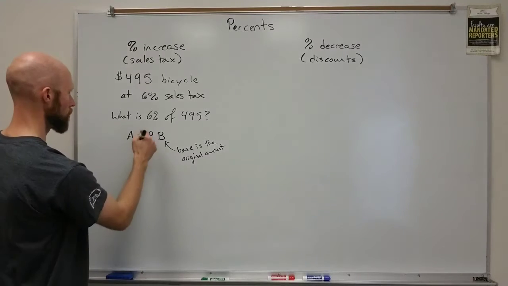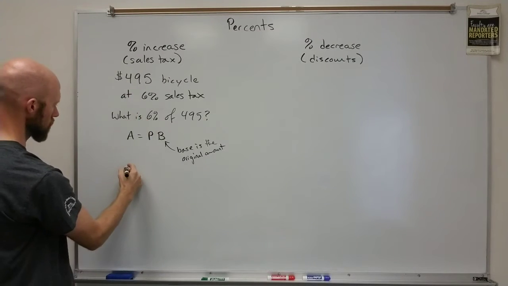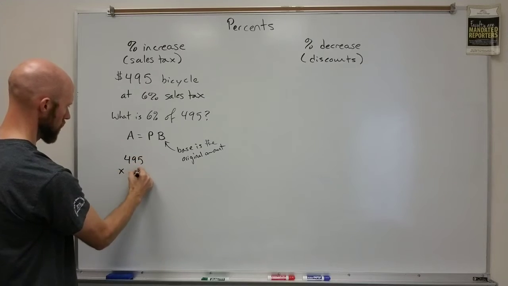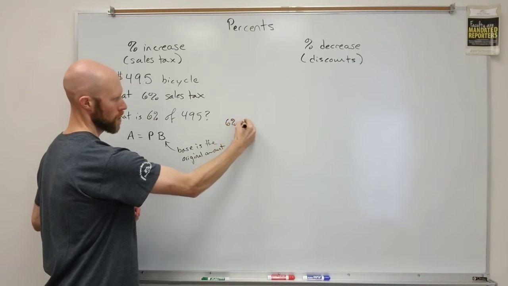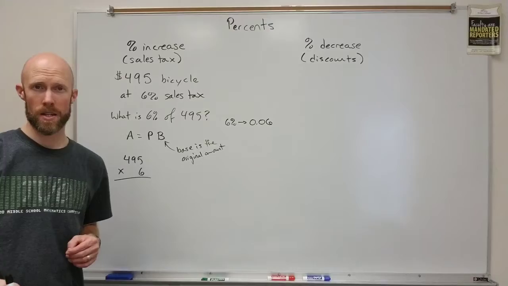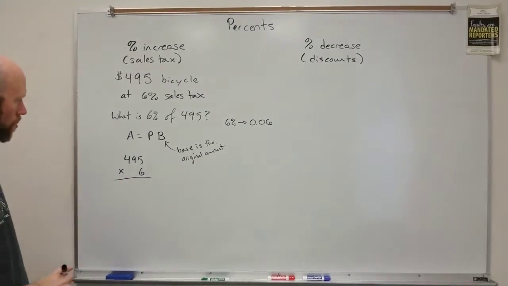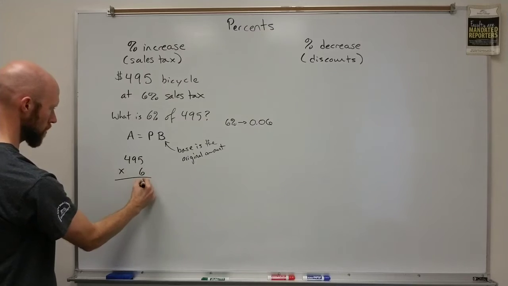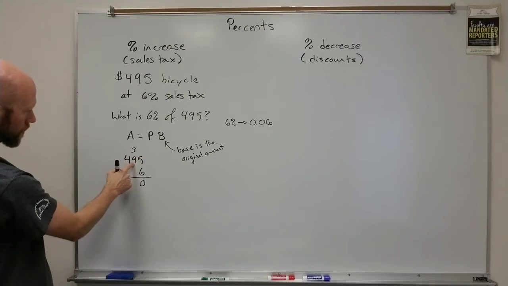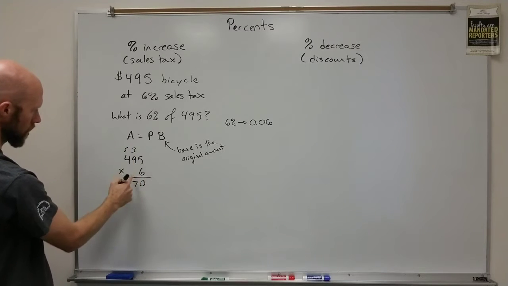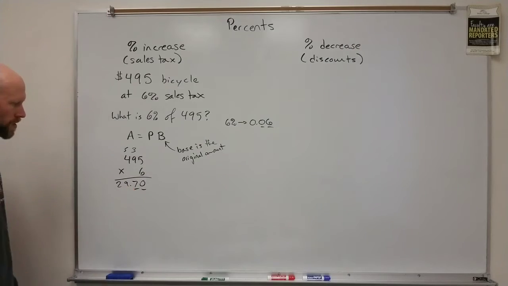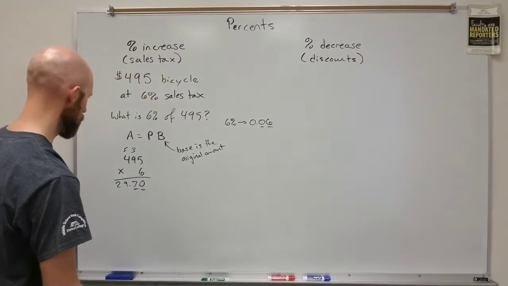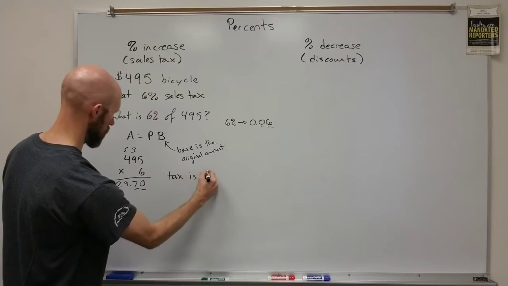And so you have the percent times the base, so it's 495 times 6%. Now, 6%, remember, is actually 0.06 as a decimal. So I need two decimal places on this one. So I'm going to multiply by 6. 6 times 5 is 30, 6 times 9 is 54, plus 3 is 57, and then that's 24, 29. So you get 2970. And of course, two places after the decimal means I need 29.7. So the tax is